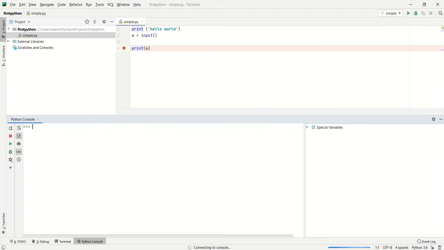We can use the function print to output on the Python console. Here I am going to print hello world, which basically outputs that hello world string onto the Python console. In a similar way, input is the function that can be used to read the input